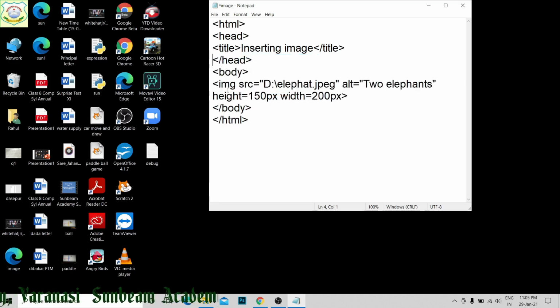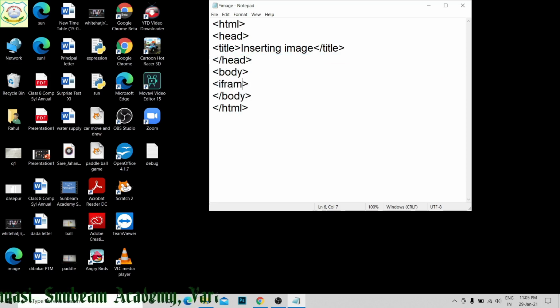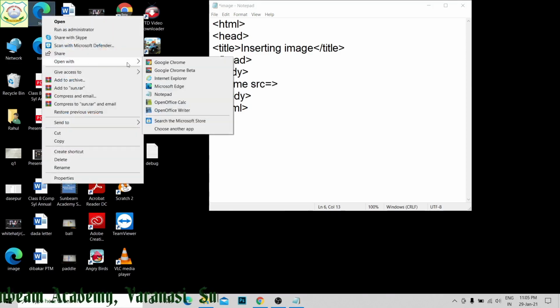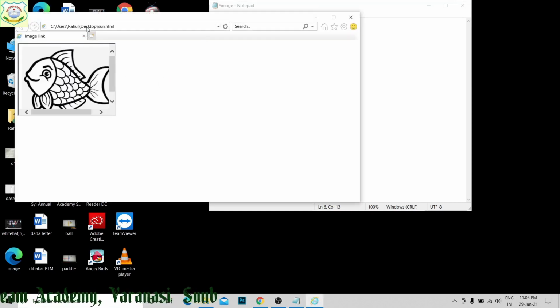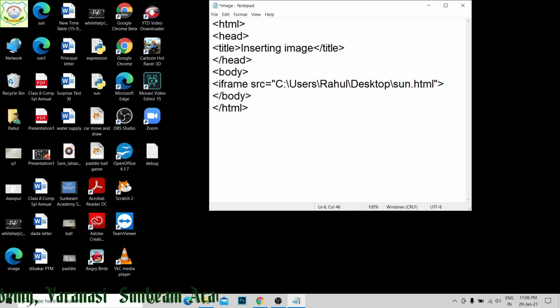Now in body I am going to use iframe src equal to its URL. So I am going to open it with Internet Explorer. Its URL I have got, copy it, close it, put over here the URL.